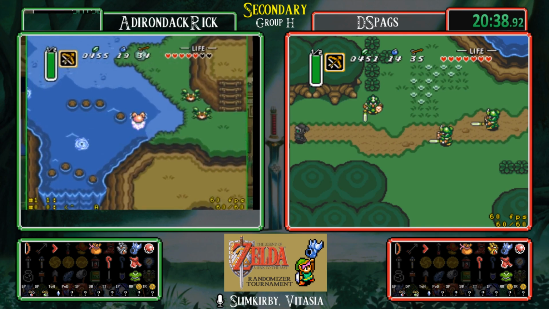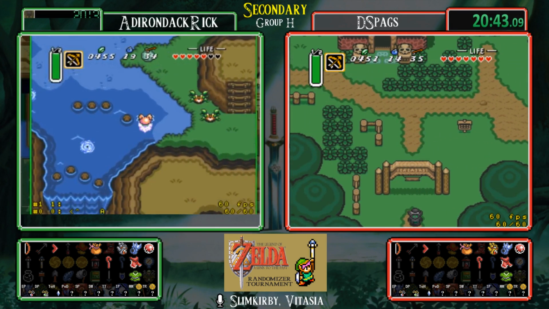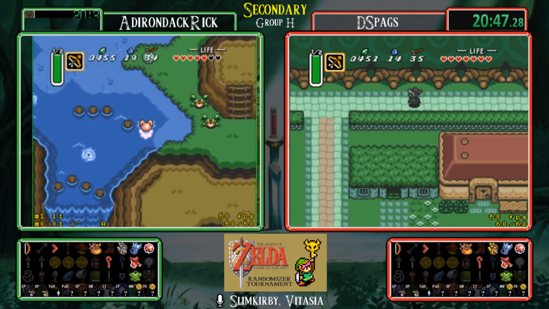It looks like DSpags is going to be going to the Kakariko area, going to be warping in that little warp point north of Kakariko, and we'll start